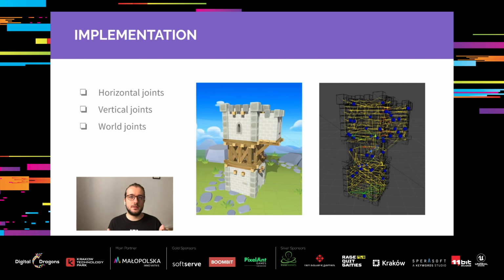However, the building with this configuration of joints was very wobbly. It behaved like jelly when you pushed it or made an explosion. It was too dynamic, and we needed to make something more rigid to behave more like a stone tower. So we came up with wall joints. Wall joints are basically joints that connect a body with the wall. In Unity, it is implemented as a joint that is connected with nothing. And we put a couple of those joints